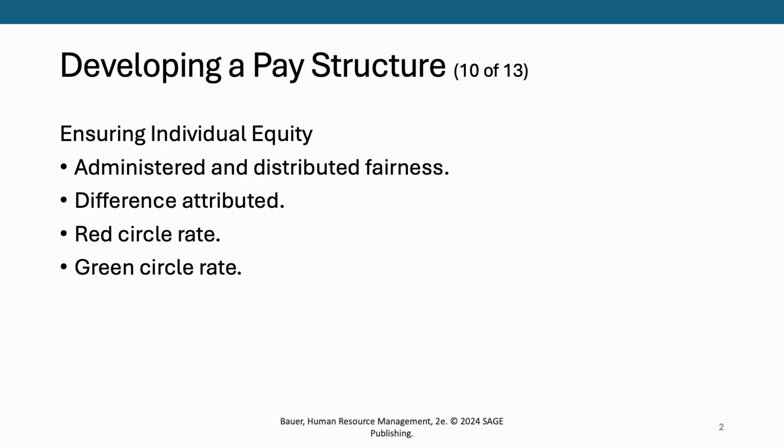Sometimes green circle rates are people who are novices, someone who is new, who's on probation, and it may take a while for them to get into the pay range. And we could do that, but it's not always perceived to be fair. So it's a very good idea to make sure that we look at which of our employees are actually getting paid below what we believe to be the minimum for their pay grade, and make adjustments accordingly if they are not probational employees for any reason.